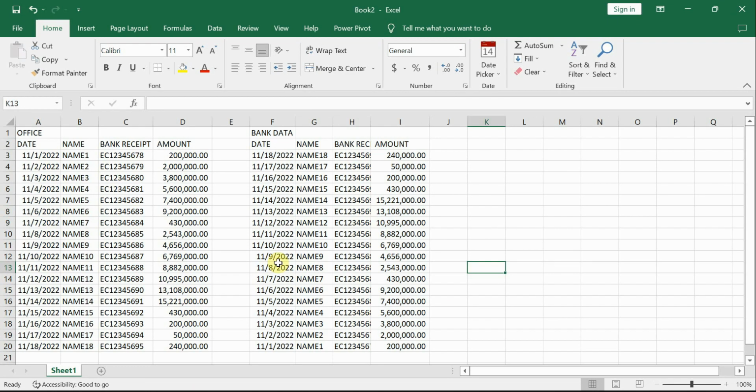Now let's start. VLOOKUP is usually done to reconcile data between two sources. Once you have two datasets and you want to check if the data in both sources are the same or identical, that way we usually prefer using VLOOKUP. In this scenario, I've created